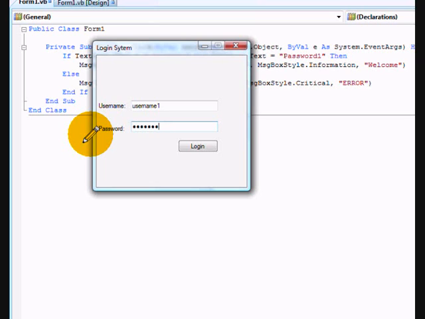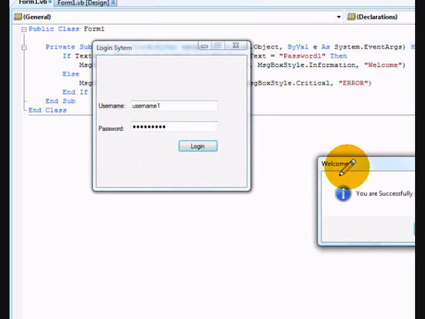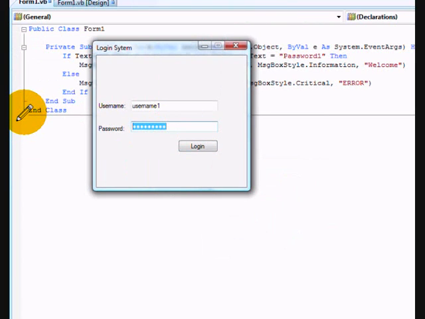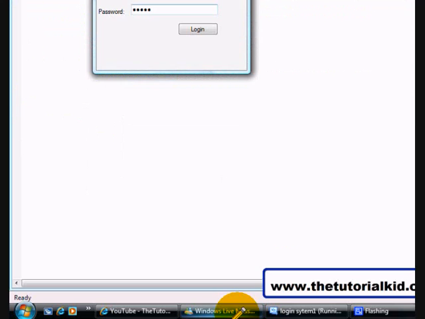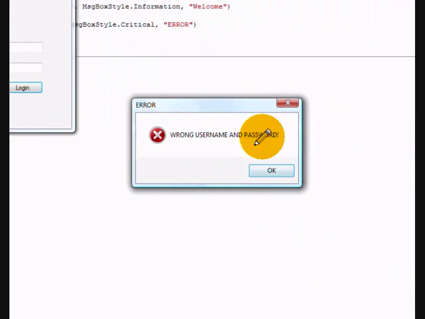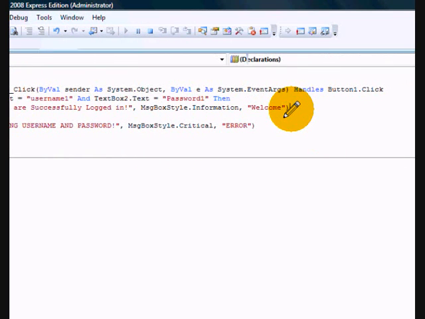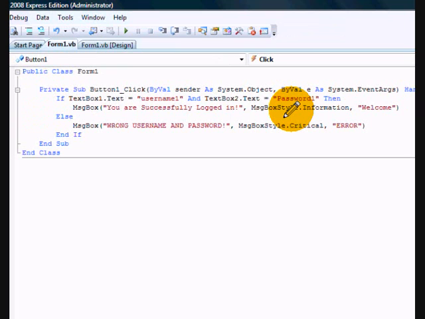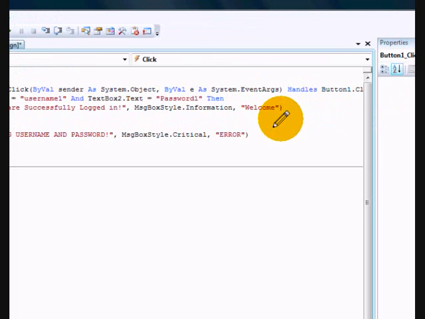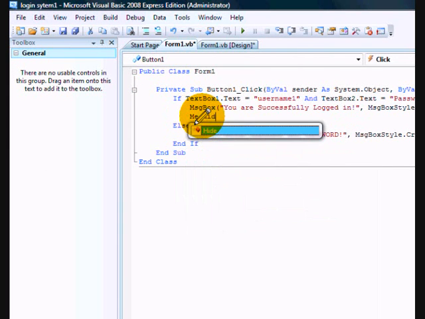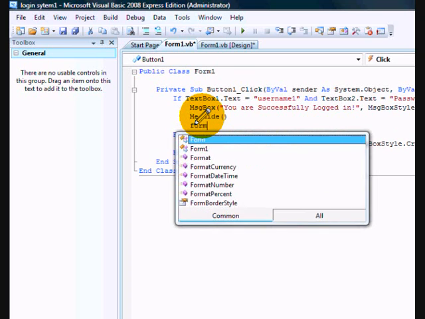Or I'll just put hello as the password. Wrong username and password. And if you want it to take you somewhere, just go here. Just go me.hide, form2.show. It'll come up with an error, and just go project, add Windows form,